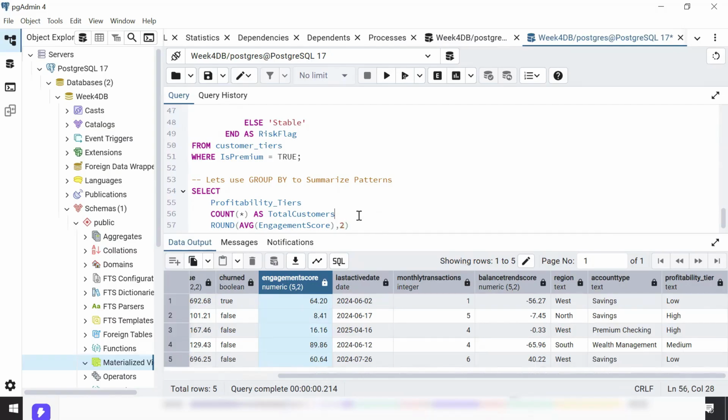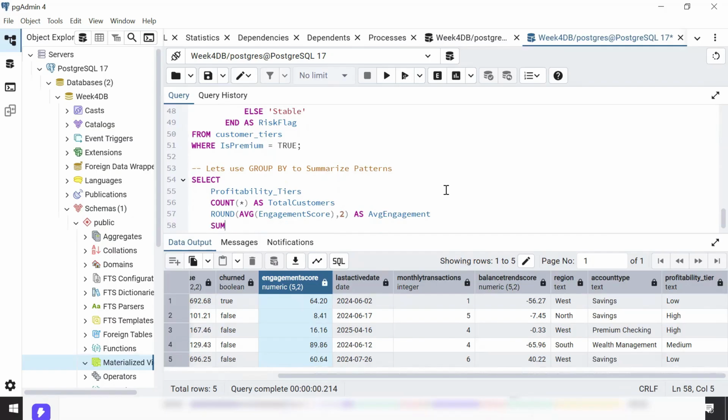And we are going to have an alias. So we are going to represent it as average engagement. So let's just say AVG engagement. So let's sum and use case when. That is, let's sum in the case when